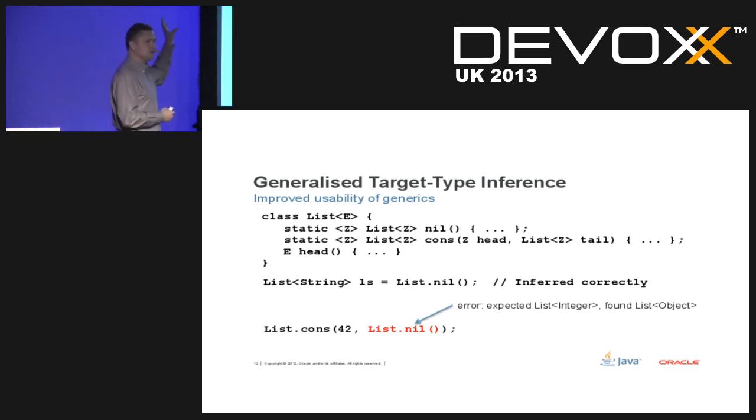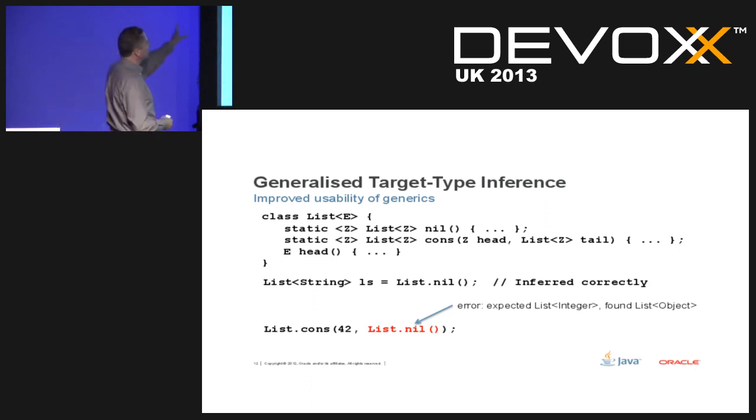And one of the things that we use in generics is type inference. So the compiler will determine what the type of a parameter for a generic is at certain times. So here I've got a class List which takes a type parameter of E, and then it's got some static methods which take a different type parameter Z and then does some different things. Now if I look at this example here, where I create a new list of type String called ls, and I say that I want to use the static method in the List class to generate one of those,